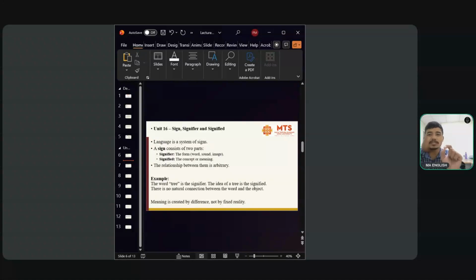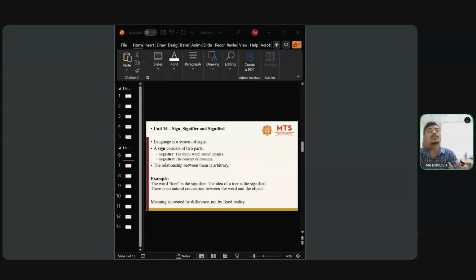So this means that there is no natural or logical connection between the word and the concept. Why do we call a tree a tree? Is there a reason? Any idea? There is no reason rooted in nature, right? For example,